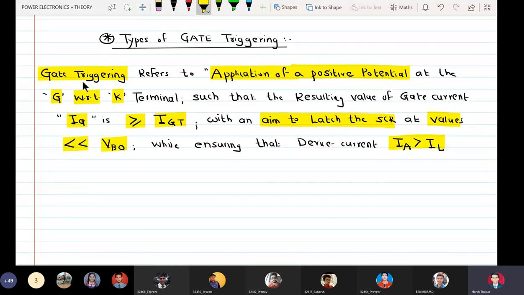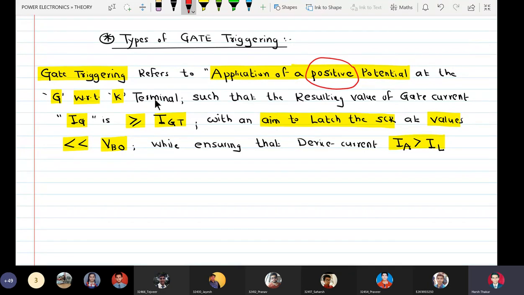Now understand one thing, that the potential applied at gate with respect to cathode must compulsorily be positive in nature, because we aim to break down the reverse bias junction J2, or basically nullify the reverse bias posed on the junction J2 from the input Vin.